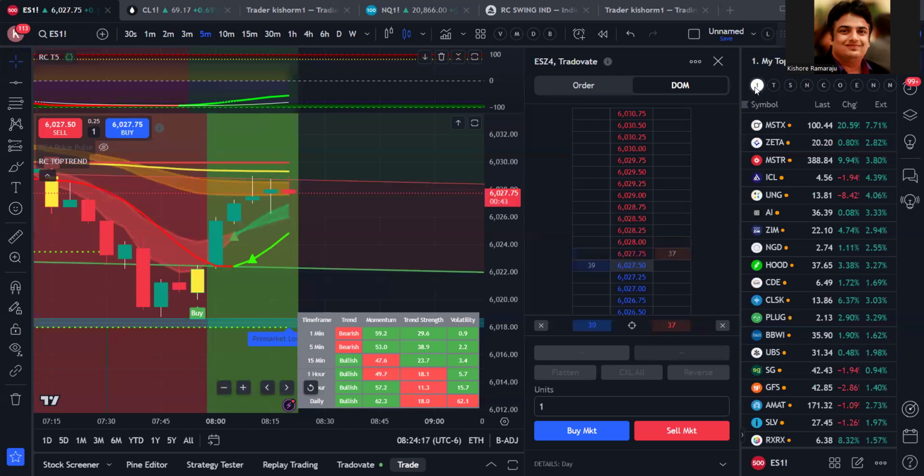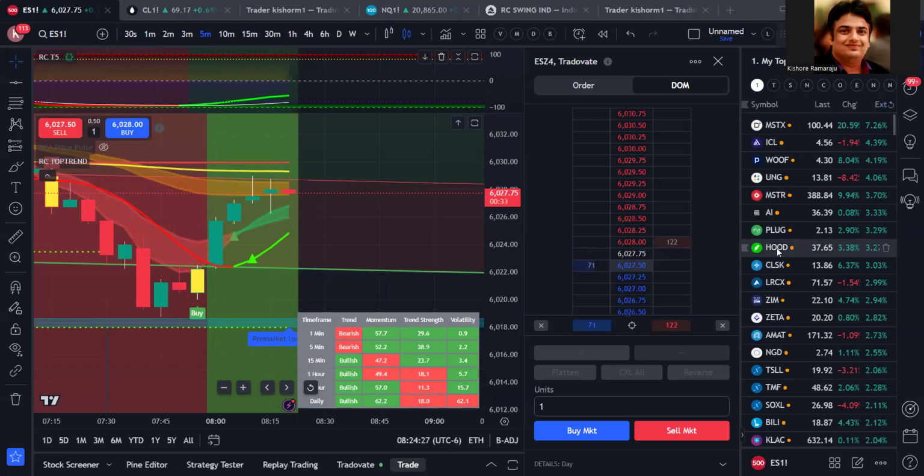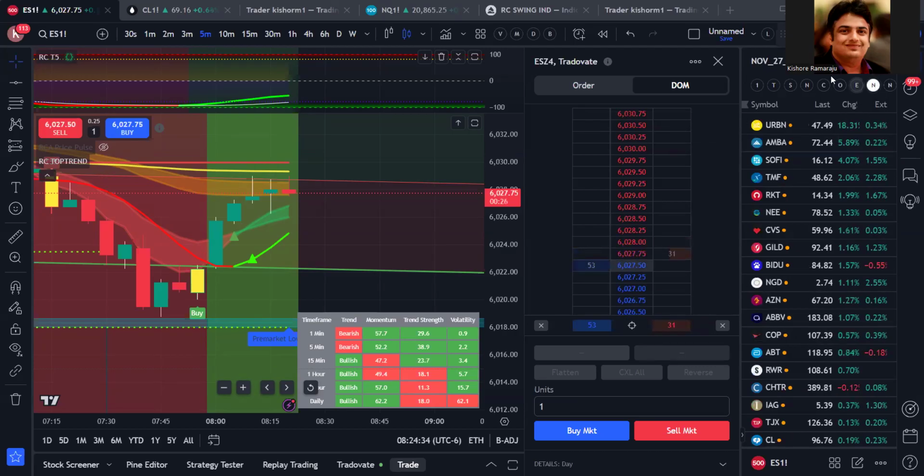And then if you want to trade stocks or options, the first thing we do is look at which of the tickers are looking good today, right? Hood is looking very good. Then Amat is looking good. Tesla is looking good. SYXL is looking good. You can go and create